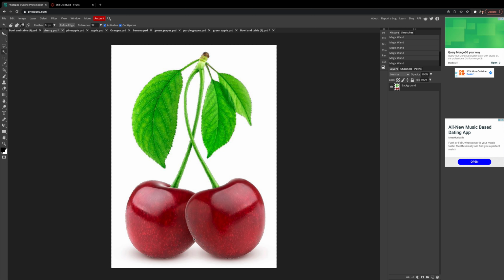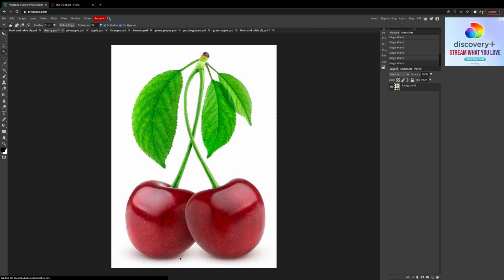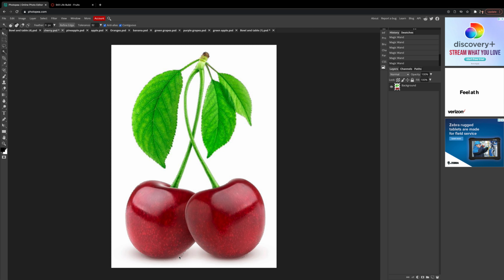or I can hold down Alt on my keyboard to deselect areas that I don't want selected. Holding down Shift will allow me to add in areas that I haven't yet selected. But once I have the cherry selected out,